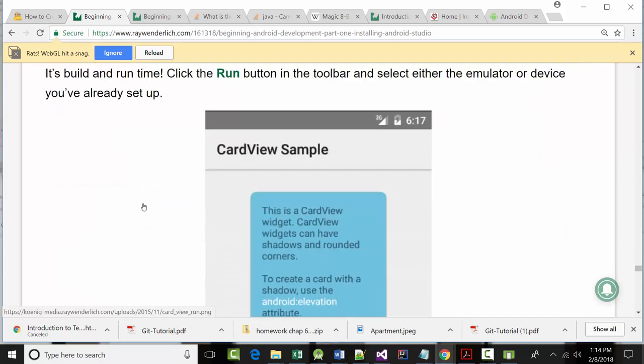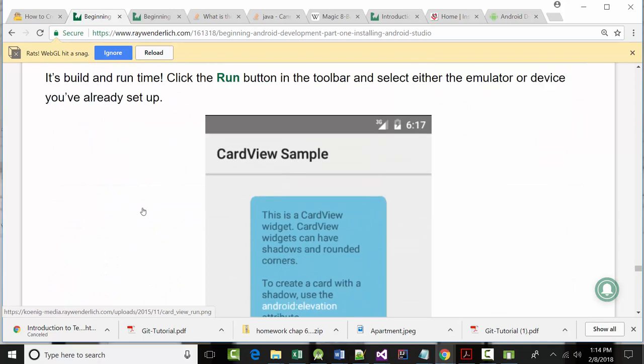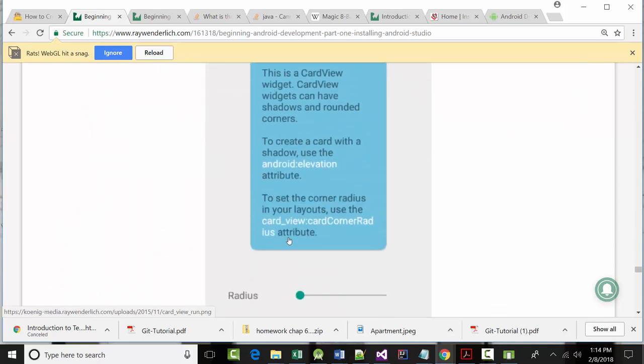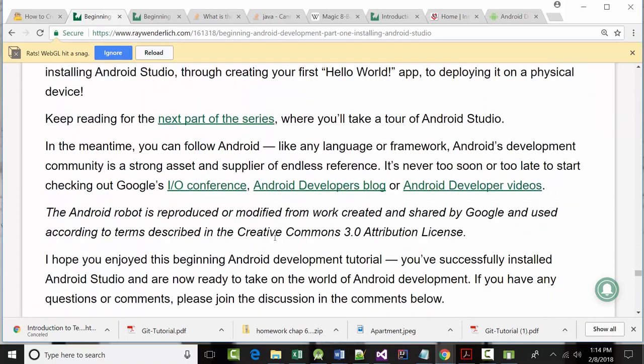And they run through the steps again for doing that as well. I think this is the project, I should say. This is it, I think. They put a card view in there. Okay? Whatever. Now, one thing about this, and this is what I'm going to do next, is I'm going to